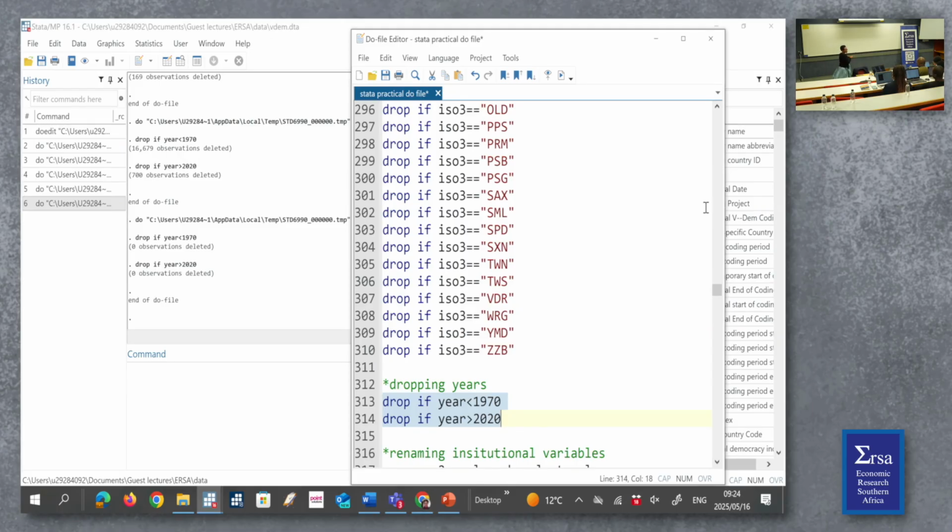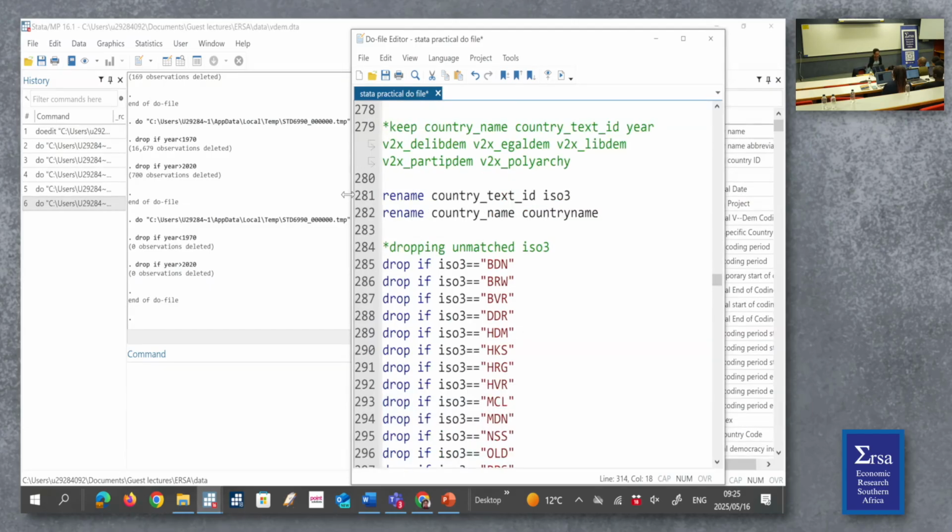So it's always important to know, and even your year. Both data sets could have year, but one could have year spelled with a small y, the other one with a big Y. It won't merge, so you have to change the one year to be spelled exactly the same as the other year. Stata will then pick up and merge anything that has that year. So what you did, Mary, was you missed this step here to run. So if you run that and then run the dropping of the ISO 3s,